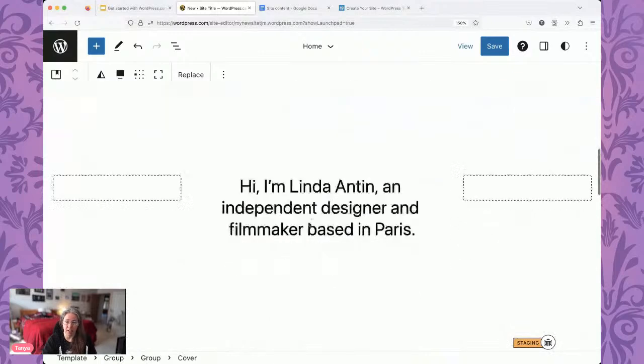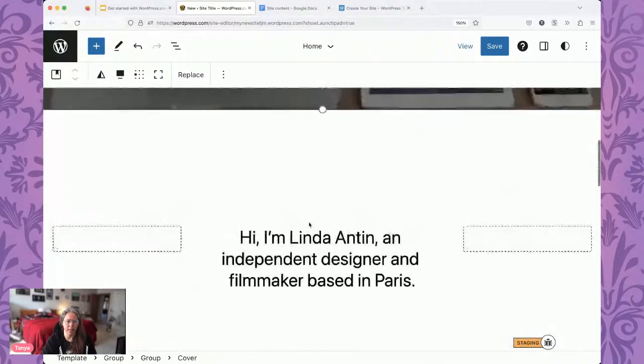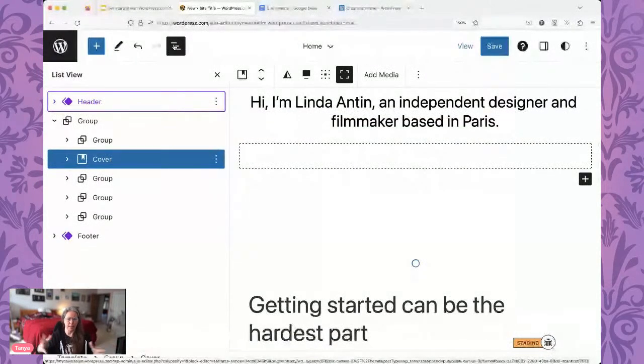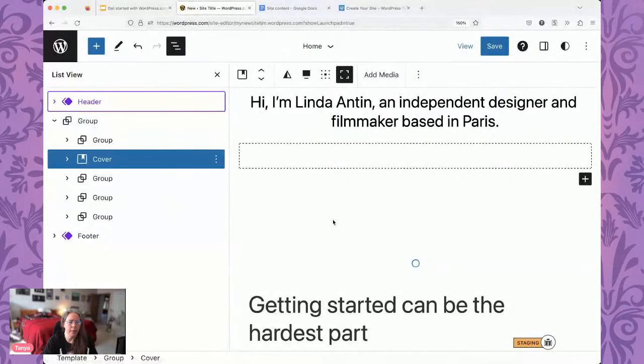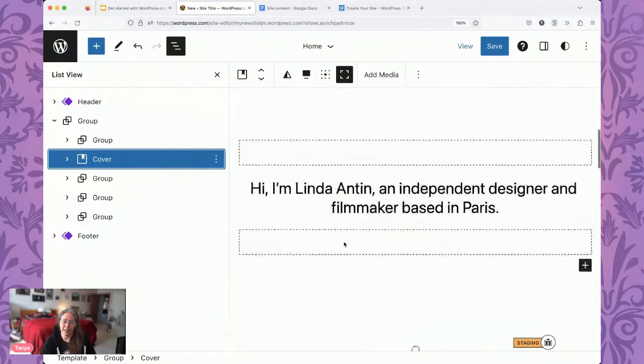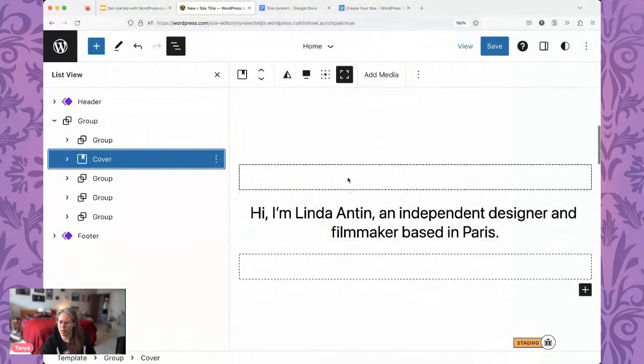Now the next piece here, that's got a lot of white space around it. So if we select this, and again, list view, this is why I like to be able to keep my screen big so I can have everything open all the time. But when we look in here, we can see that we've got the cover block selected here, and that is the whole